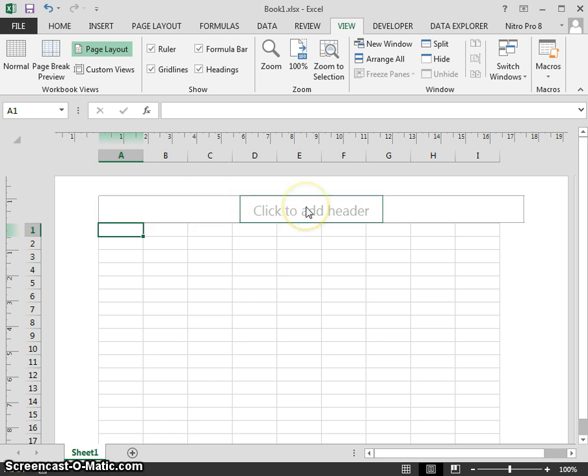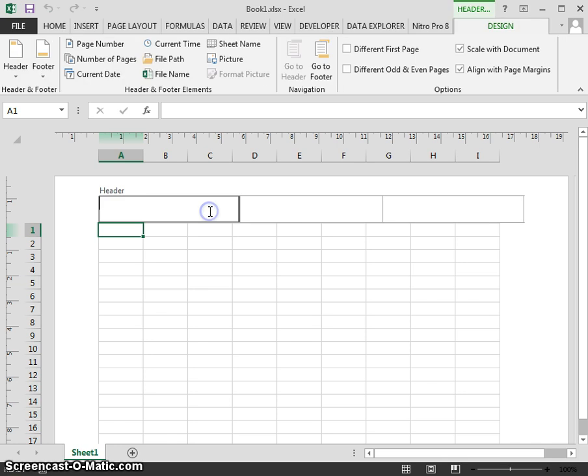You can see here we've got the options of click to add header. So we've got 3 sections, a left, middle and a right section. So if we click into any of these sections and we click into the left section, you'll notice up here a new